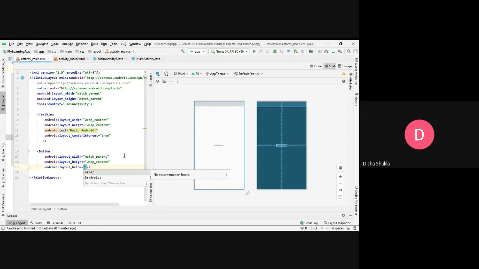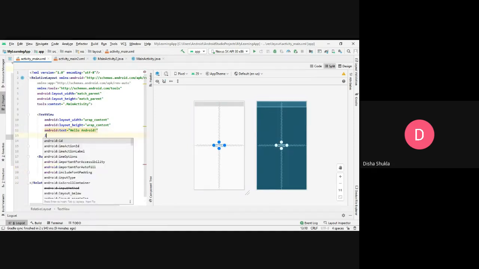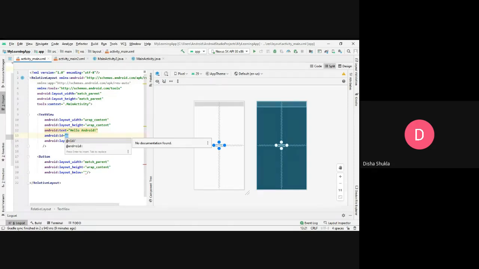An important thing over here is that for each and every layout or view control that you are using in your Android application, that has to do something with clicks or has to show something, you need to provide a unique id, because based on that you will decide what you want to do. So I want to place this button below the text view, so I am going to go here and mention the id. Say for example, for the text view I am mentioning the id. For mentioning the id you are supposed to write @ plus id and slash.